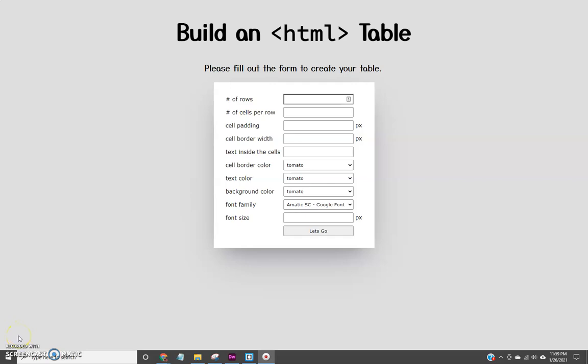Alright everybody, so this is an example of how your project should work. Here I have my form that the user is going to fill out, and I have all 10 fields here. For you guys, I said you should have,